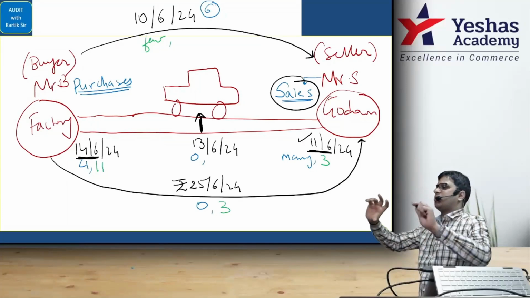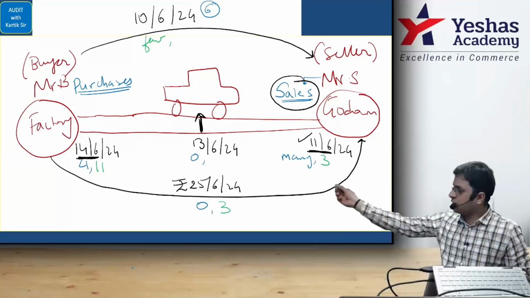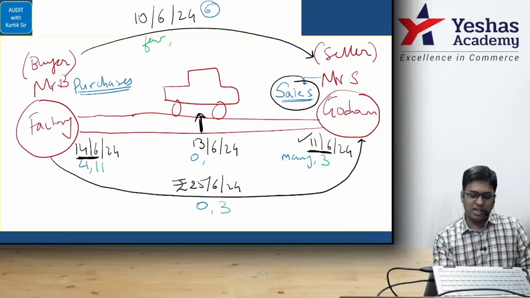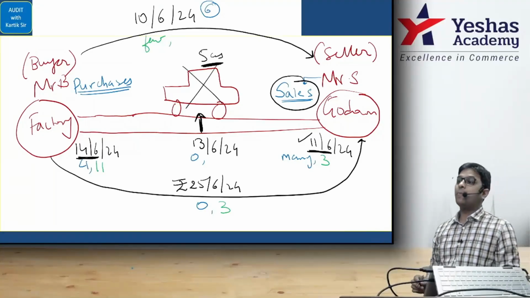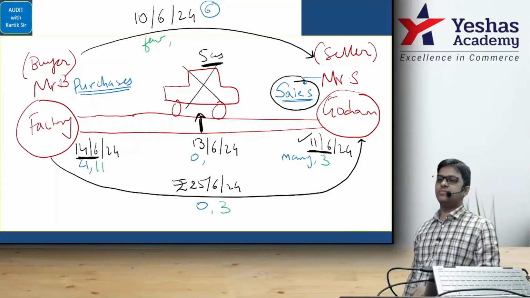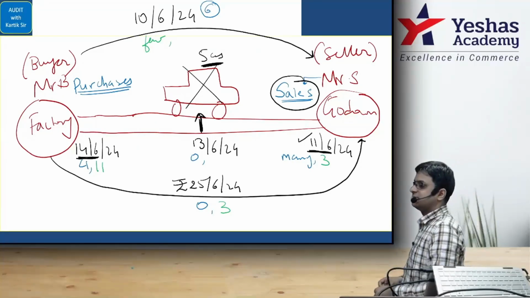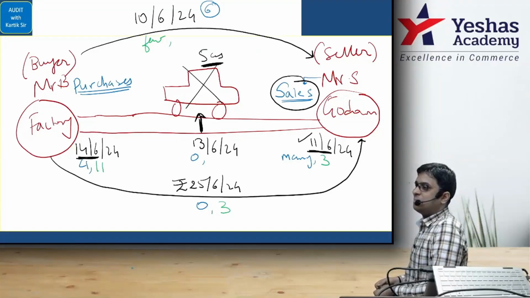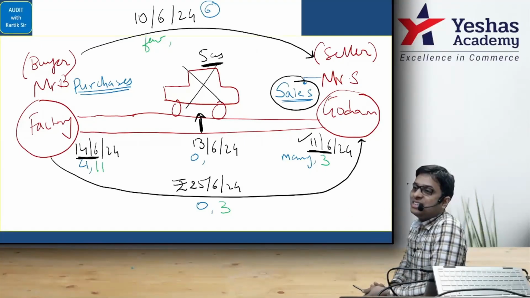Okay, let me put it in another manner. The truck is on the way, can you see that? There is a valley, and the truck falls into the valley. Goods worth rupees 5 crores are destroyed. Who will bear the loss? Buyer or seller? Tell me.